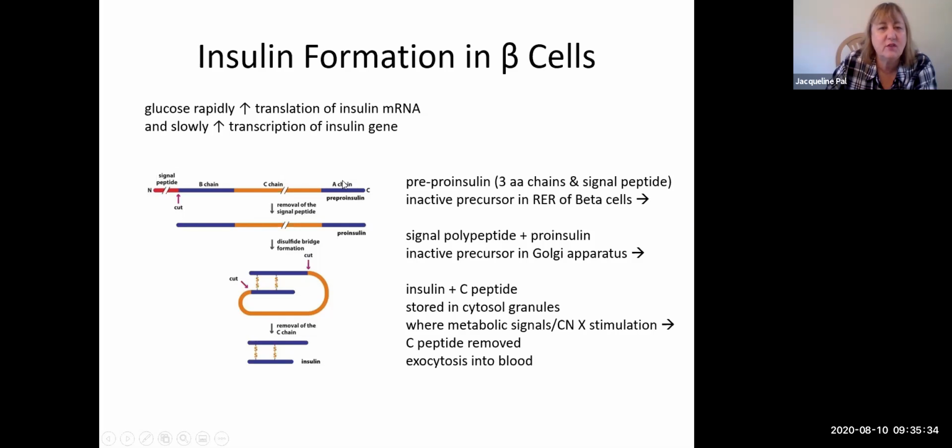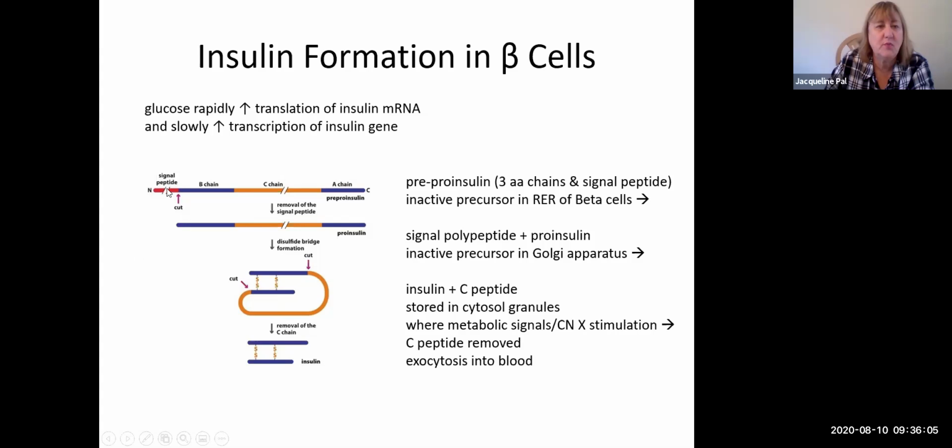pre-proinsulin, which has 3 amino acid chains attached to a signal peptide. This is an inactive precursor that's formed and is found in the rough endoplasmic reticulum inside the beta cells. And then, if you remember, the rough endoplasmic reticulum is going to do some packaging and send stuff to the Golgi apparatus for further modification. And what happens in the Golgi apparatus is the